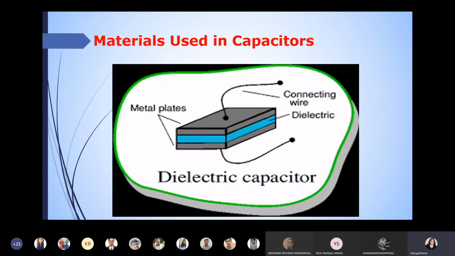Let us start today insulating materials used in the capacitors. You know a little bit about the capacitor. What is the use of capacitor? Capacitor is used to store the energy. So how it is used to store energy? If this is a capacitor, then two terminals will be there and you just apply the voltage across the capacitor. Then whatever voltage you are applying, depending upon that it will store the energy,